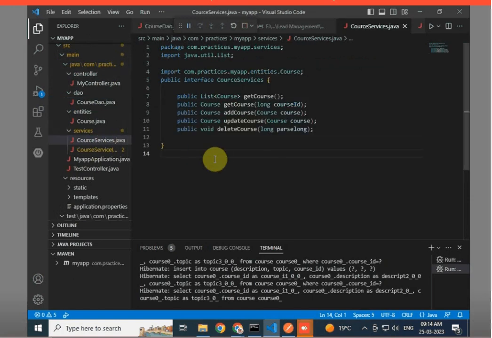Services. The com.practice.myapp.service package contains the CourseService interface and its implementation class, CourseServiceImpl. This CourseService interface defines the 5 methods to perform CRUD operations on the Course entity.